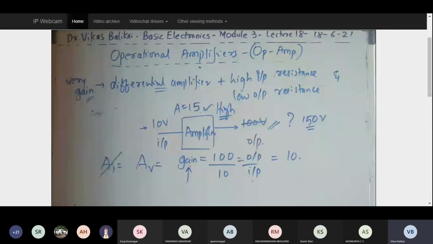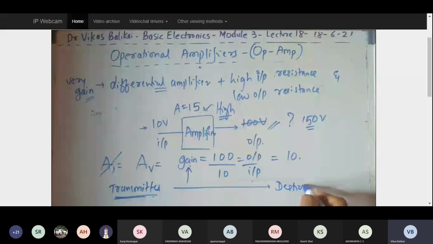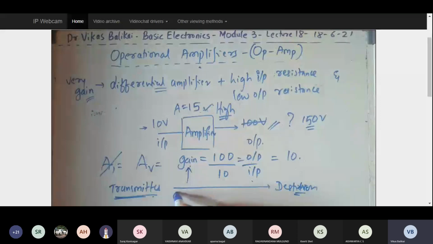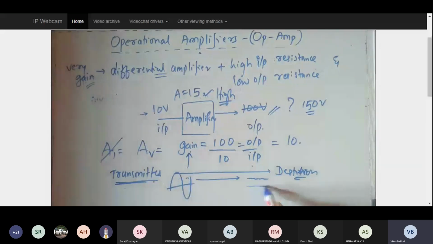And why do I do all these actions? Because when you're transmitting a signal from the transmitter, it has to reach a destination, right? And if you are not able to amplify the signal to a larger value, and you are sending a very small signal here, by the time it reaches the destination, it would have collapsed. But if I send a bigger, larger value, by the time it reaches the destination, the possibility of at least getting the required waveform is higher. At least. So that is the reason why I go for the amplification.